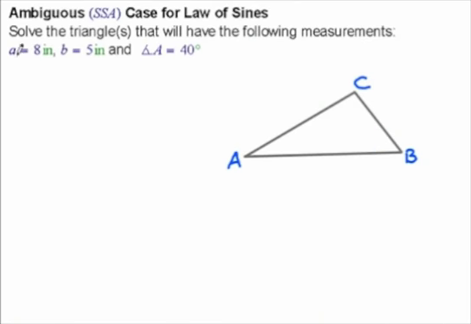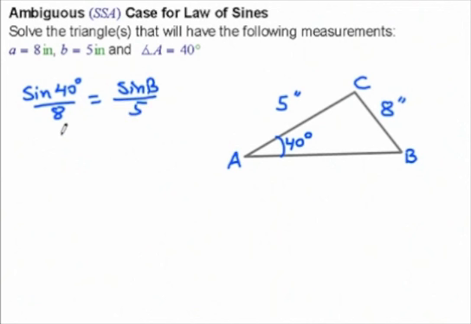Alright, the other possibility is this example, and we're going to set it up exactly the same. Here we have side A is 8 inches, side B is 5 inches, and the measure of angle A is 40 degrees. Alright, so we're going to go sine of A, which is 40 degrees, over its opposite side, which is 8. This is going to equal sine of B